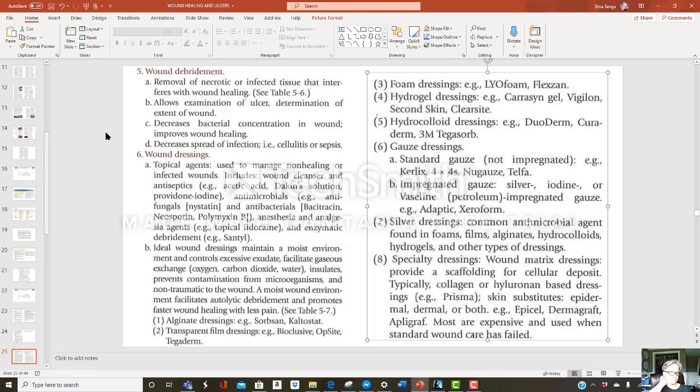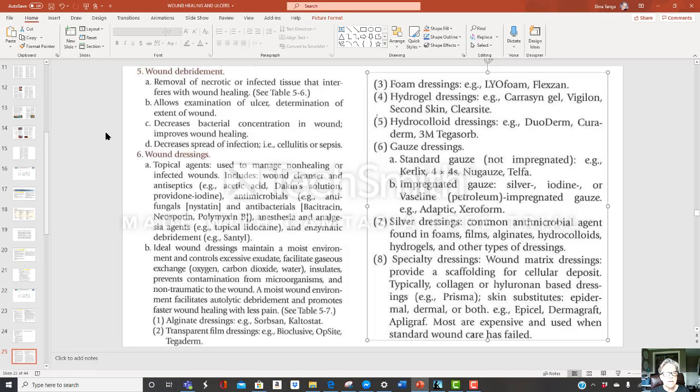Wound debridement: removal of necrotic or infected tissue that interferes with wound healing. See Table 5.6. Allows examination of ulcer, determination of extent of wound, decreases bacterial concentration in wound, improves wound healing, decreases spread of infection, cellulitis or sepsis. Wound dressings, topical agents,